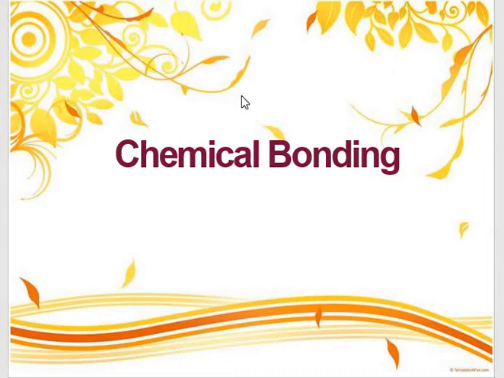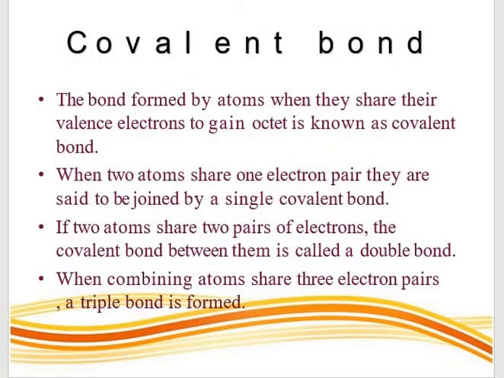Hello everyone. In today's video of the chapter chemical bonding, I am going to talk about covalent bonding and formal charge. In 1919, Lewis suggested that there are some atoms which attain inert gas electronic configuration by sharing one or more electron pairs with the same atoms of an element or dissimilar atoms.